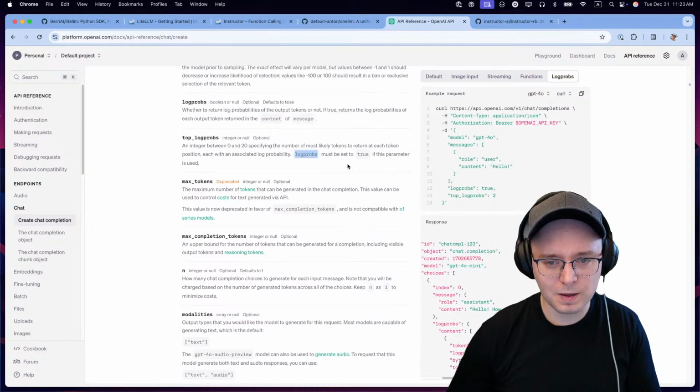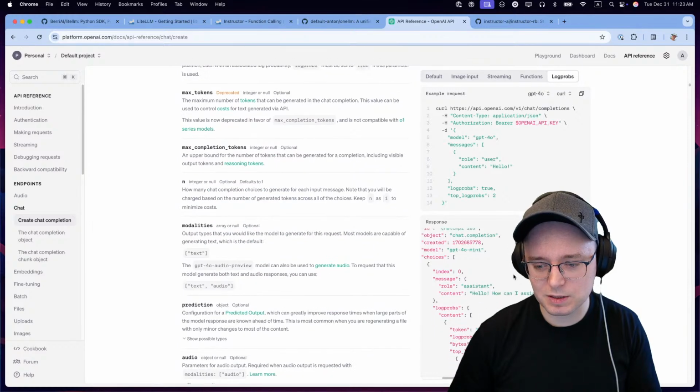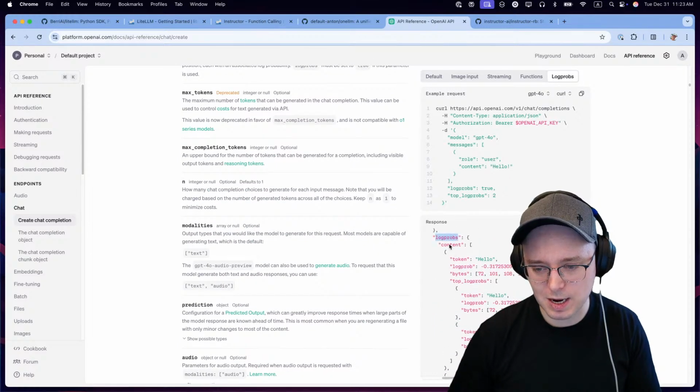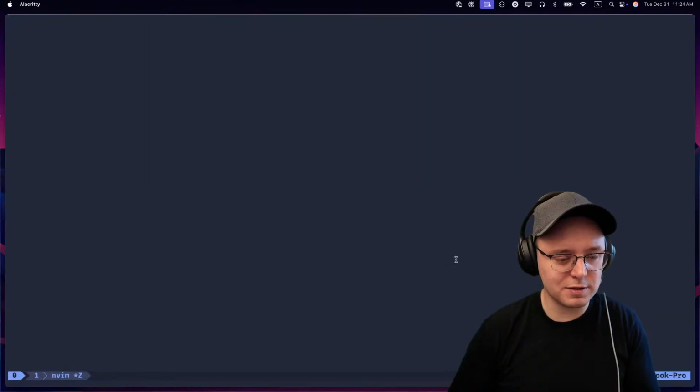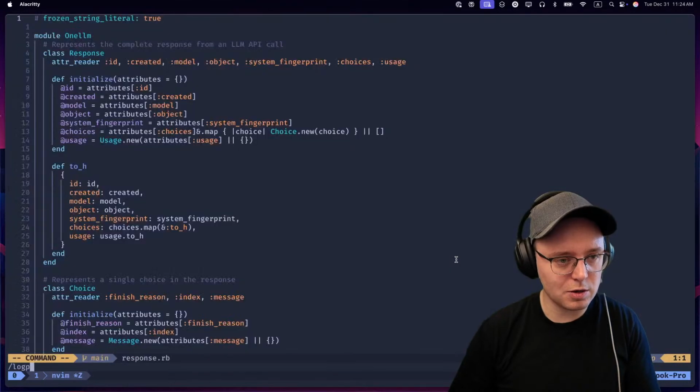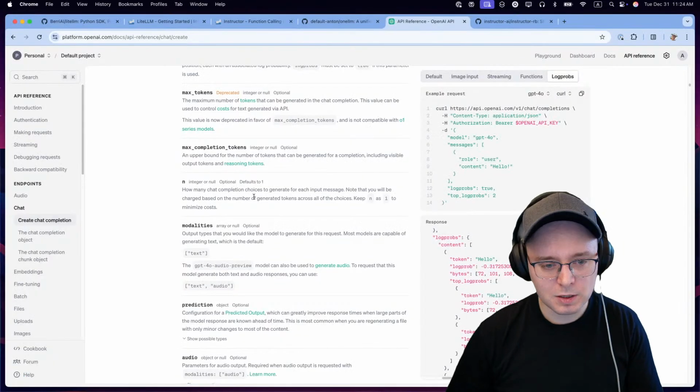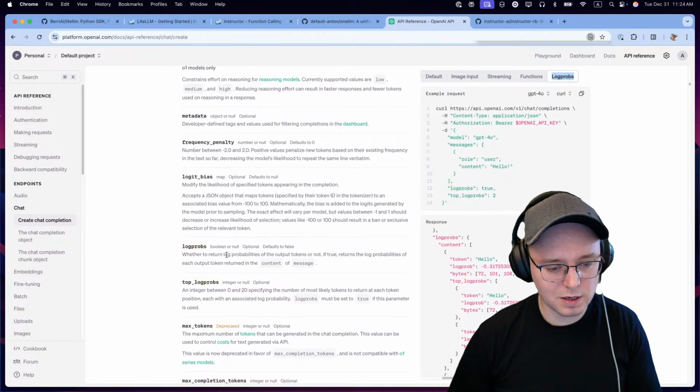Okay, so we set it to true, it returns the log probabilities for each token, but the response is going to be a little bit different, right? I must say. So I have this. I don't think I have this in my response now. Log probs. No, I don't have that. So the way to go about it is, let me say,